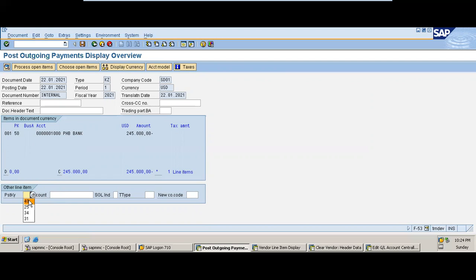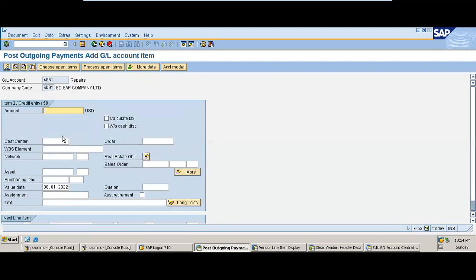So let's see, this to be credited, to reduce an expense, 5,000 balance, cost center, say charge off,